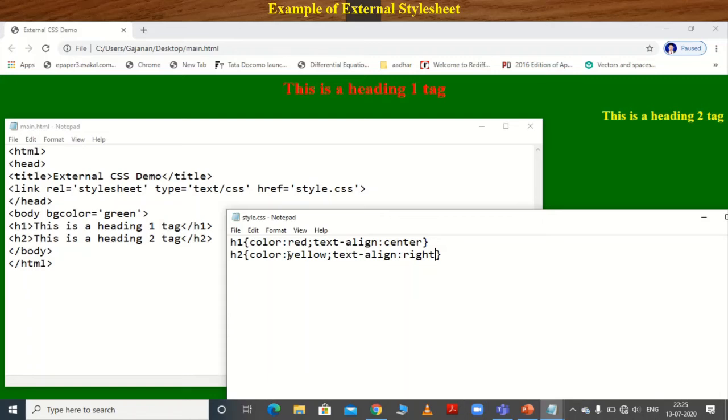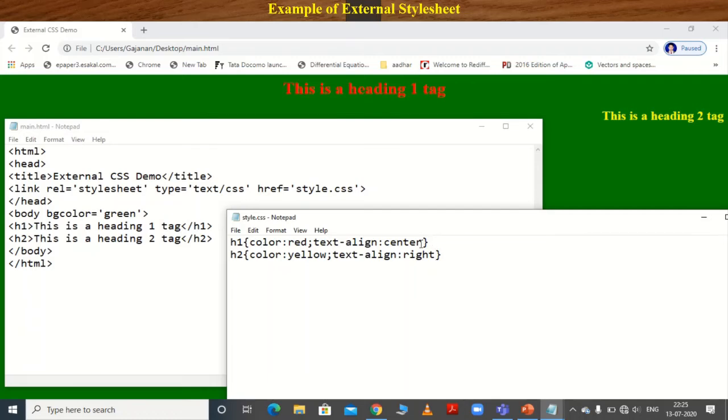That means when we change the style.css file, all changes are applied in the main document. So no need to apply each and every change to each and every tag in our main document. You have to change once, and then the changes are applied throughout your document, clear, understand.